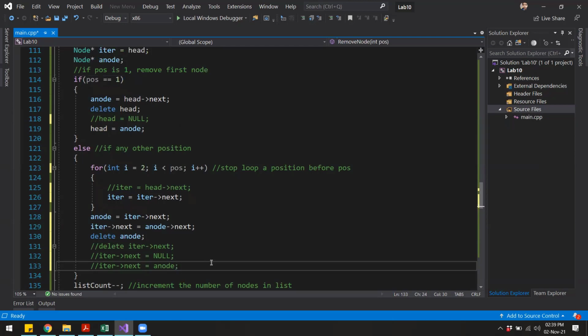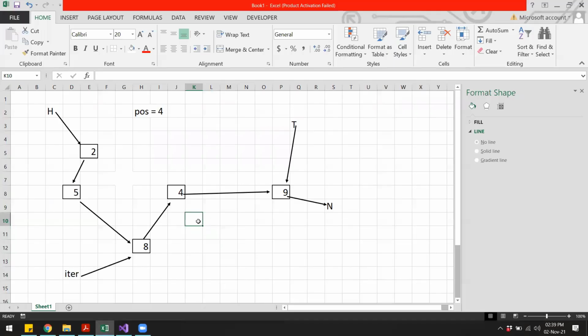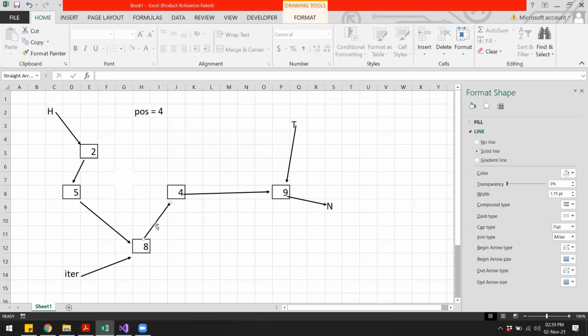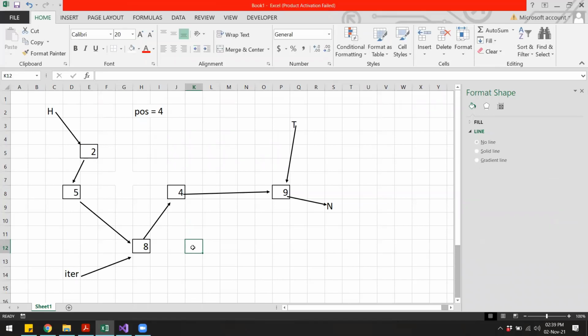The main point over here is you should be able to manipulate the pointers somehow, right? Because the nodes are linked using these pointers. So if you are able to look at the diagram and manipulate the pointers, then you can do the same thing in the code, right? So whenever you are working with a linked list, try to always draw a diagram, because that will allow you to visually see how the nodes are connected to each other.